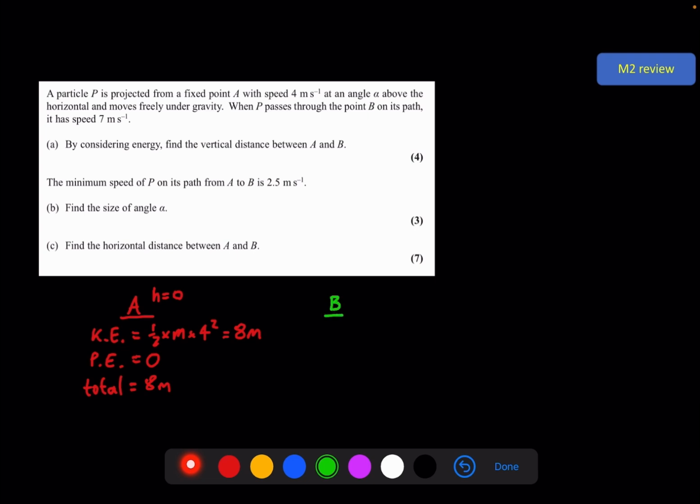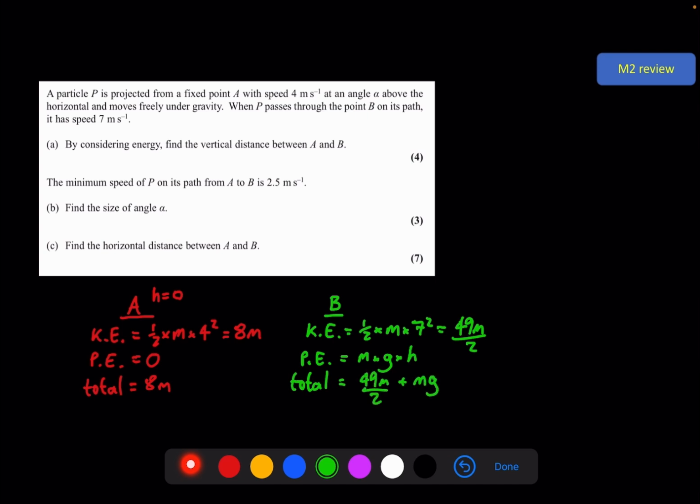At point B, the kinetic energy is higher. 1/2 times mass times 7 squared, 49m over 2, and the potential energy is equal to the mass times gravity g times the change in height, which is what we're trying to find. So the total energy at point B is 49m over 2